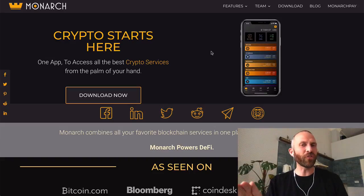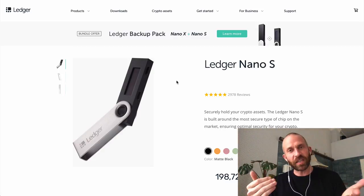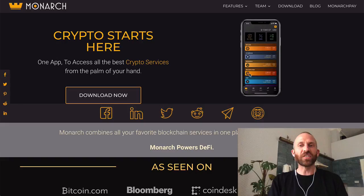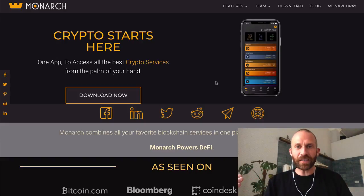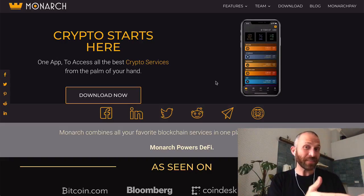Okay, it's absolutely free. It costs you nothing. Ledger costs you $100. Trezor costs you $100. And guess what? Ledger's a pain in the ass. I have one. I use one. But it's still a pain in the ass every time I go in there, because you have to update stuff and then you have to delete apps to update new ones. It's an absolute pain. Or you could just download the free Monarch wallet on your broke-ass iPhone that you're not using anymore. Okay? You can put your cryptocurrencies on there, and then